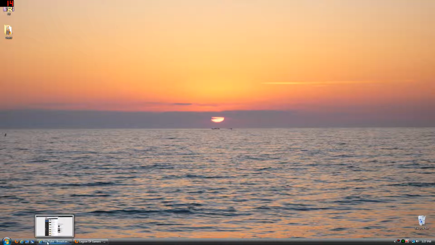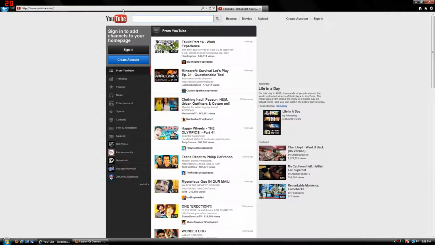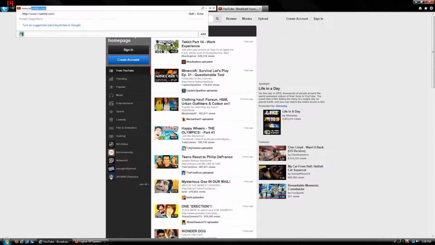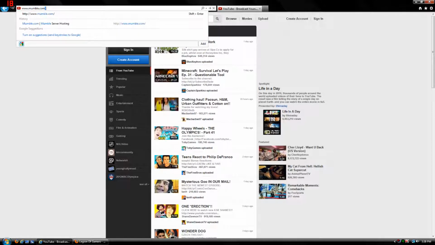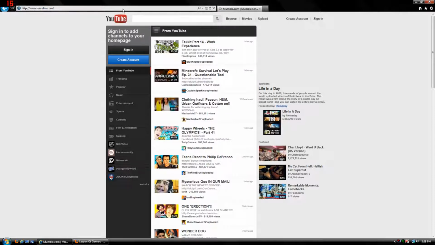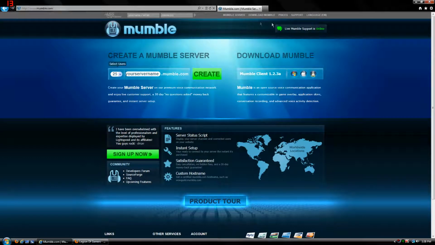Let's get started. First thing you're going to want to do is go to Internet Explorer, Firefox, or Google Chrome, or a browser of your choice. I'm going to use Internet Explorer for this tutorial. Once you get here, you're going to want to go to www.mumble.com. Once it loads, you'll see Download Mumble Client